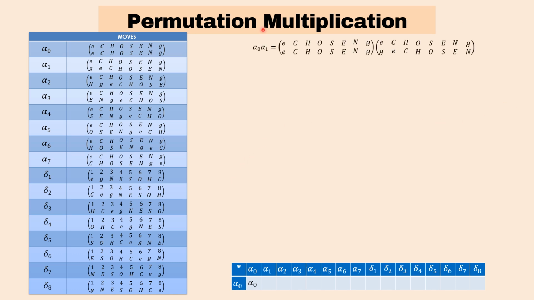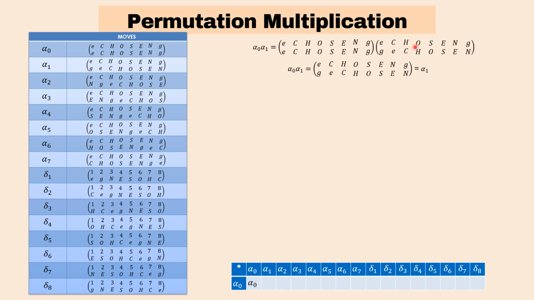So for example, here we have alpha sub 0 and alpha sub 1. So we need to perform first alpha sub 1, then insert it to alpha sub 0. So E results to G, then we find G in alpha sub 0, and its result is G. Therefore, the result will be E and G. So here, that's how permutation multiplication works. So E, G, G, E, therefore E, G. C, E, then find E on the other side. We have E, E, therefore C, E.